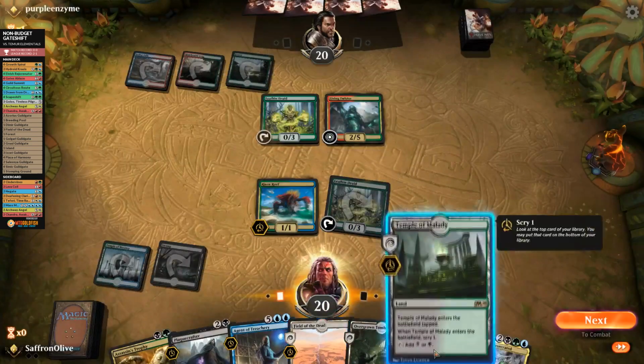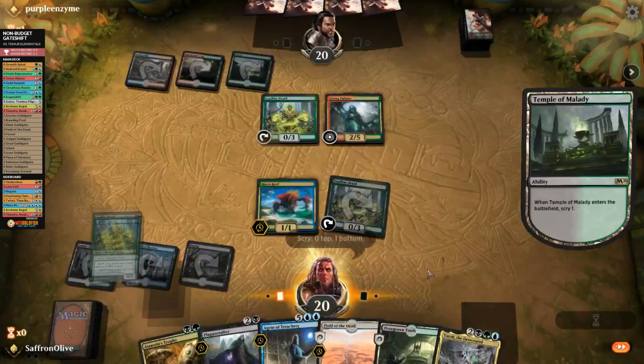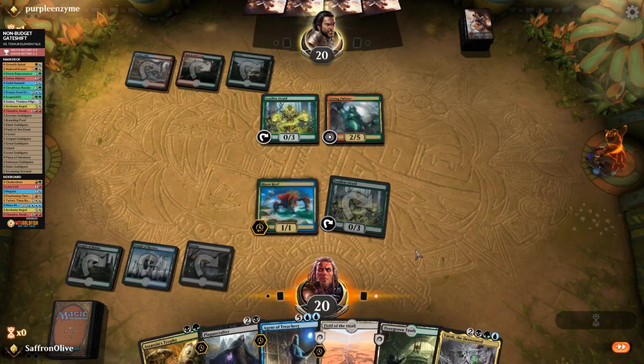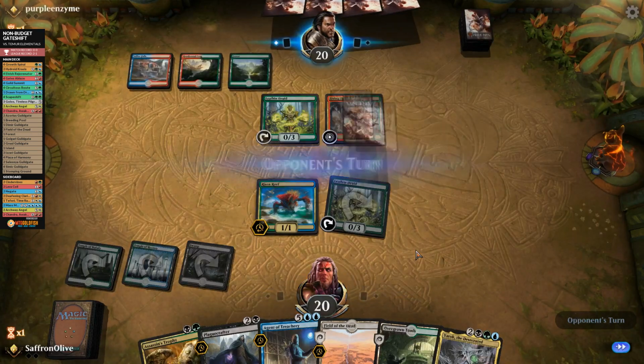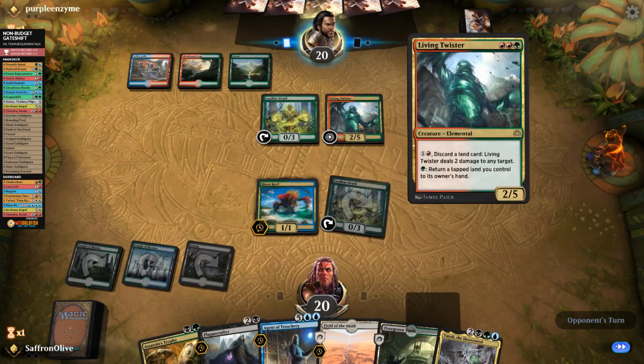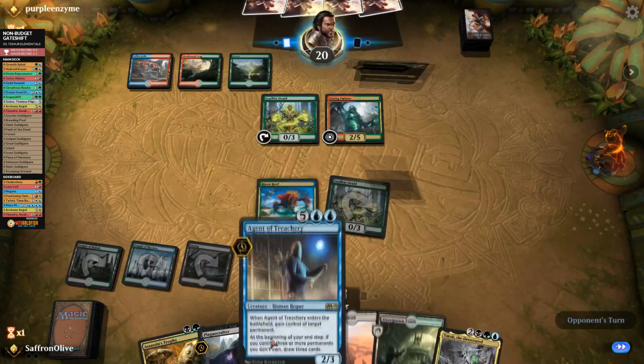Yarok. Ooh. Well, Scry land. Leafkin. I think we go bottom. Alright, opponent. Let's see what you can do. I mean, they gotta kill Risen Reef. Worst case, they can do it with Living Twister. Would prefer it not to be Omnath. That's the worst case, I think. I mean, worst case for us is Omnath. Worst case for our opponent is they gotta spend their turn discarding a land to kill it. I mean, we're getting close to Yarok, and we're not super far away from...